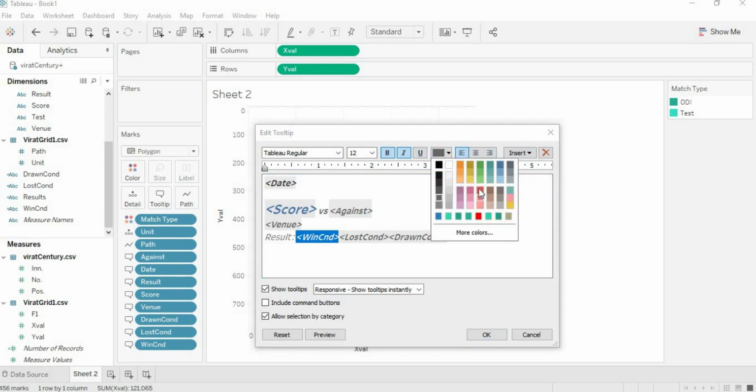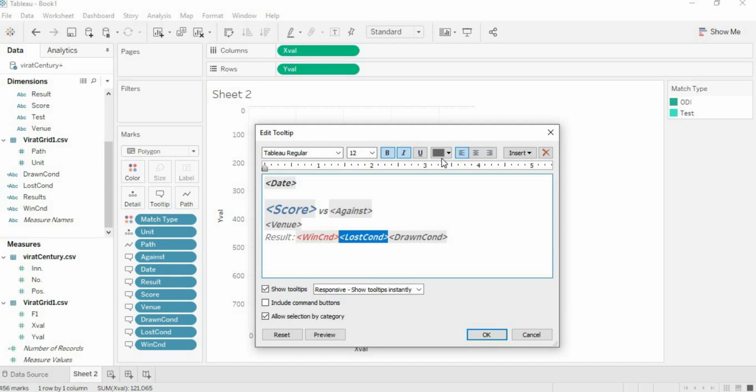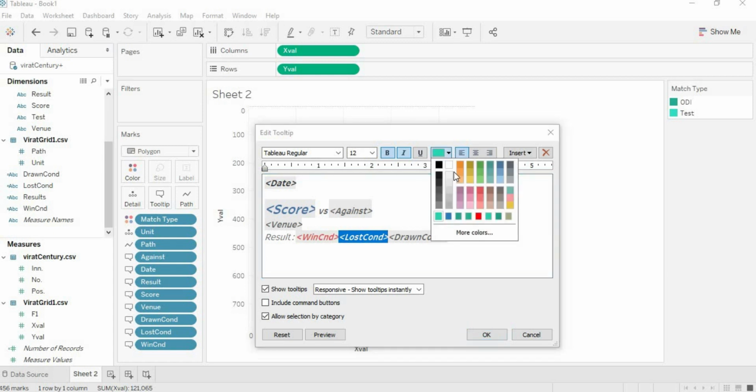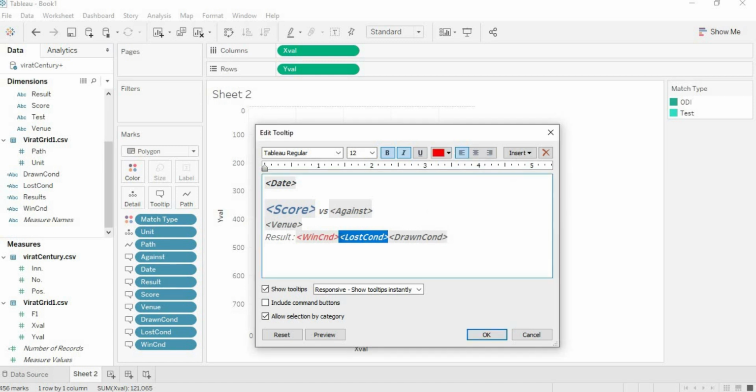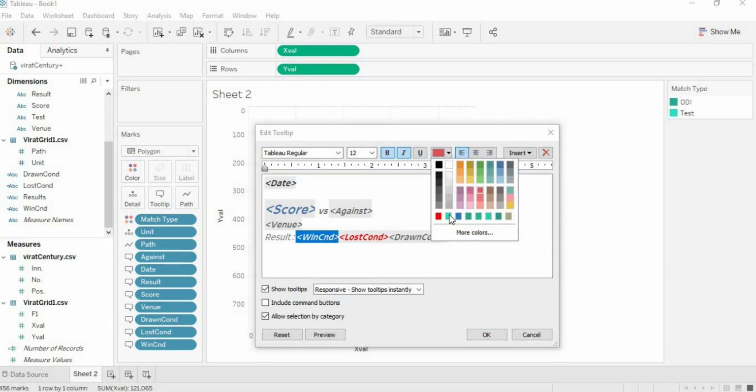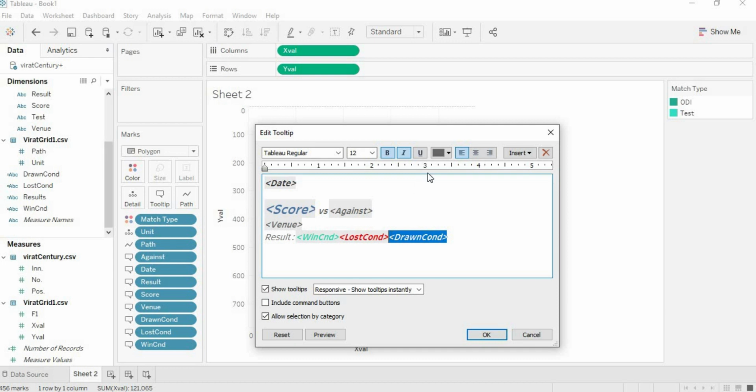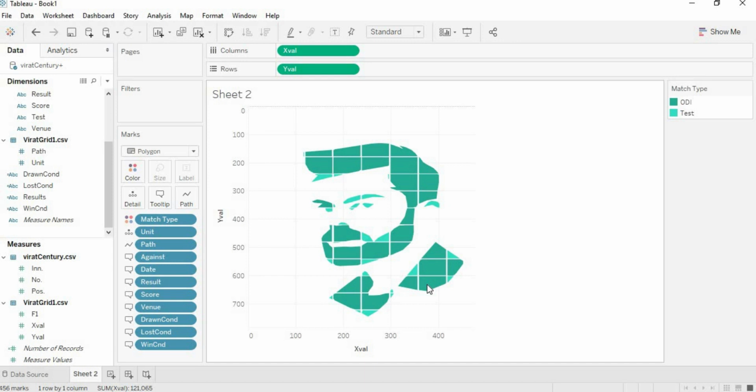Change the color to red, loss condition to, sorry, I've made a mistake. Loss condition should be red, win condition should be green, and the last one should be blue. Okay, so just have a look. Lost. Okay, so we are done with the tooltip.